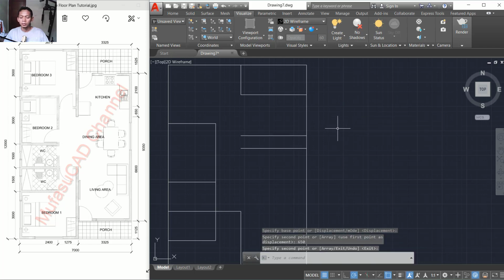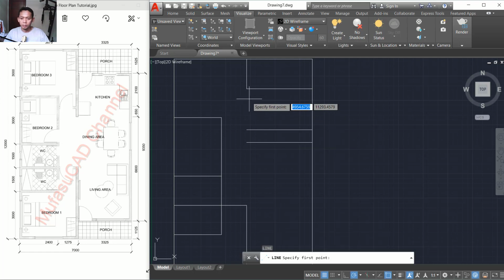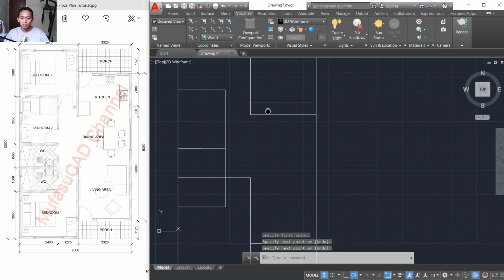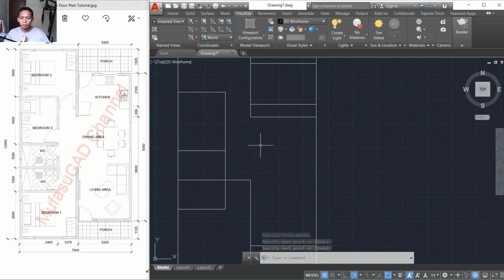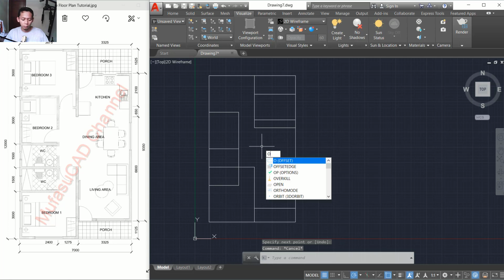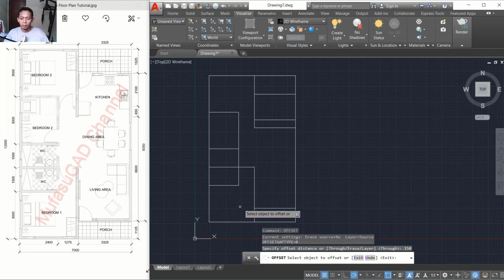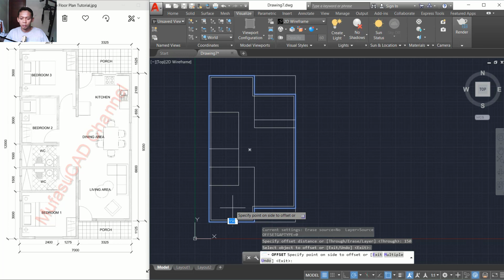Okay, and you can create line object start from this point into this point. Okay, next sorry, I will use offset command to offset this line object with offset distance 150. Enter. Okay, I will offset this object to inside here